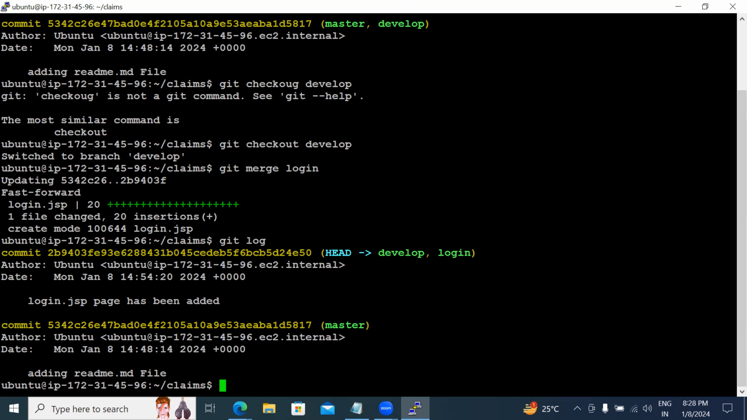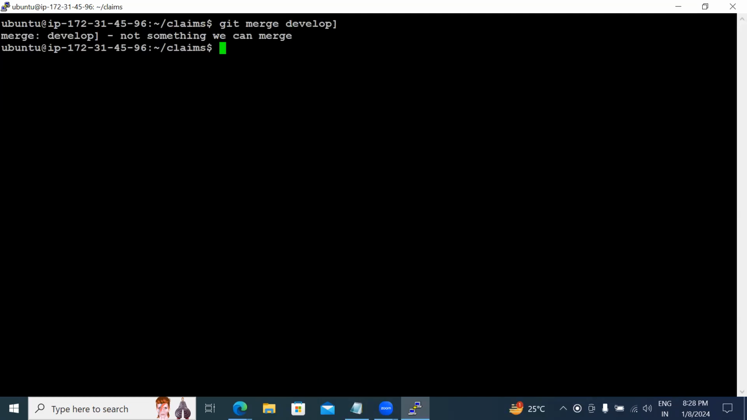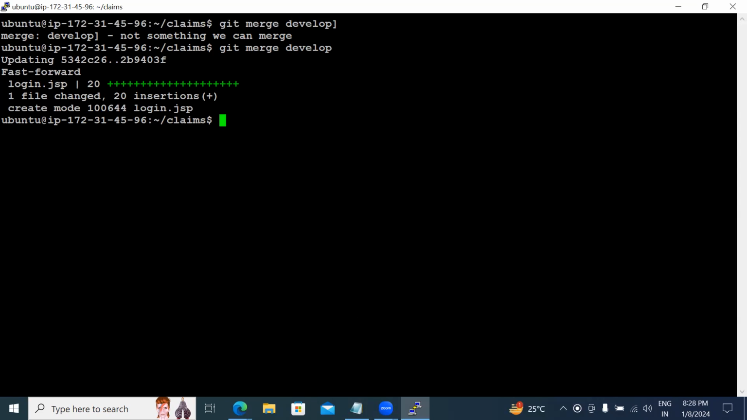Yes. So now I want to merge that with master too. Then git checkout master. Then what we need to do? Git merge login, or develop? No. Merging from login is not a safe practice. So don't merge from the feature branch. Merge from the develop branch only. Now if you see the git log,